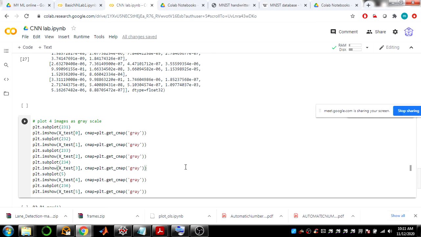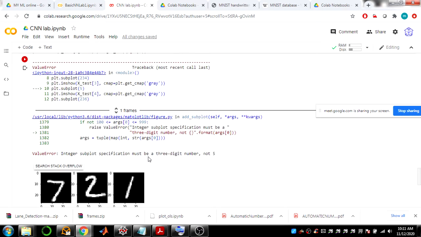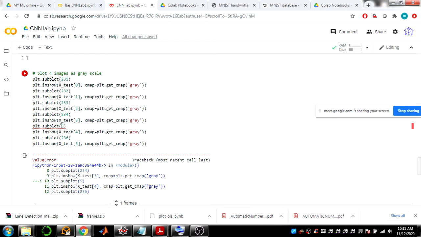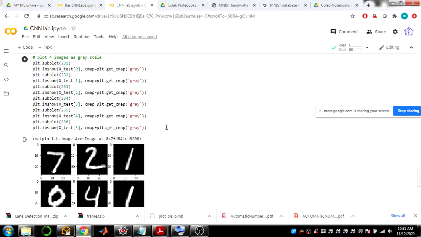So these are the actual digits we have passed in as the input. So plot of 235. That means we have given 721041 as the inputs.